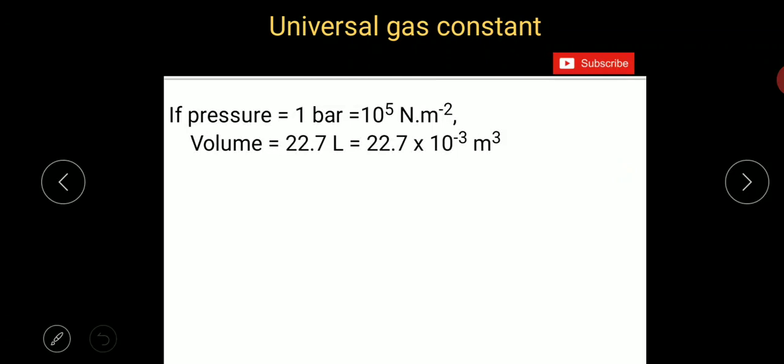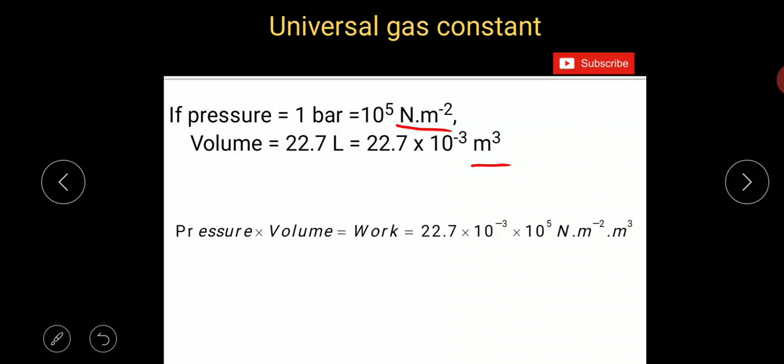Okay, pressure can be expressed in SI units. 1 bar pressure is equal to 10 power 5 Newton per meter square. Newton per meter square is the SI unit of pressure, and the SI unit of volume is meter cube. So if pressure is taken in 10 power 5 Newton per meter square and volume is taken in 22.7 into 10 power minus 3 meter cube,